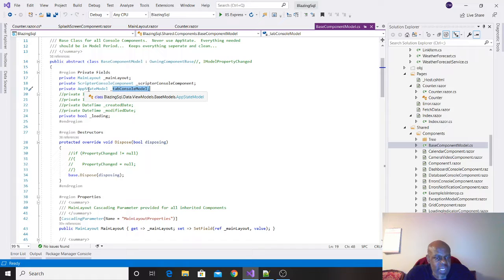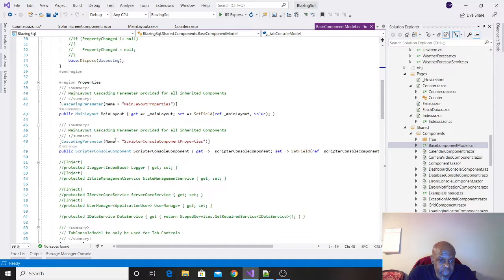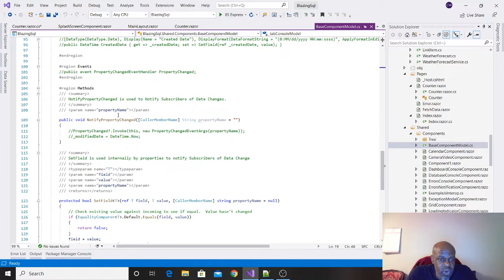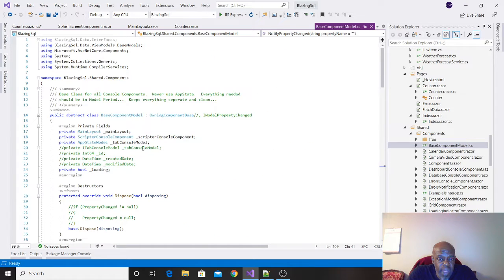It comes in an app state model, which is the base class for all of my models. So this works beautifully. And then I also have my loading and my loading class, and of course I have my notify property change, which is my implementation of INotifyPropertyChanged, and that's in my